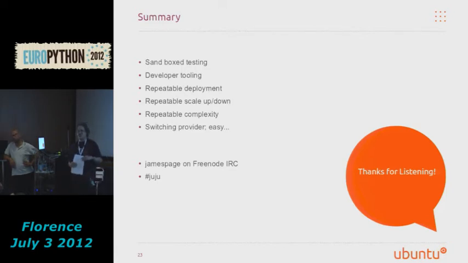And we also have charm tools, which is specifically aimed at charm developers. It allows you to generate a charm very, very quickly using template code, and then verify it using some static analysis to make sure it comes up to a minimum set of standards before you then submit it for review and acceptance into the charm store.